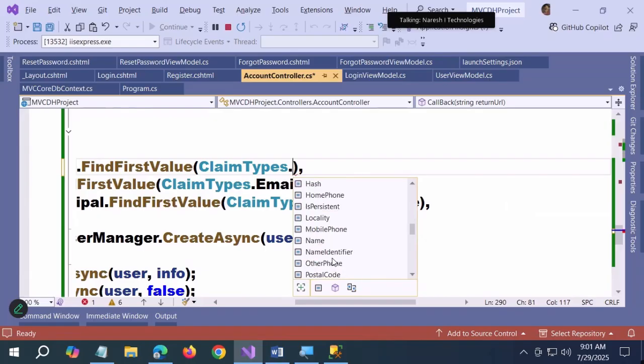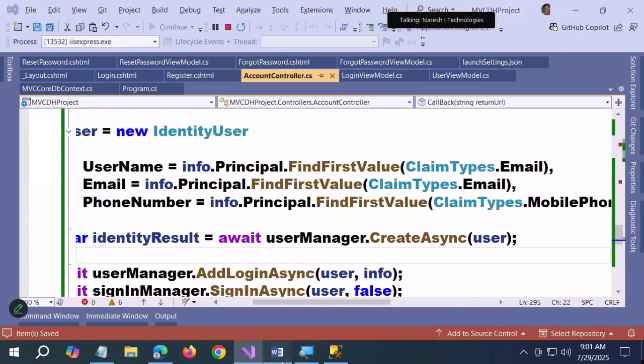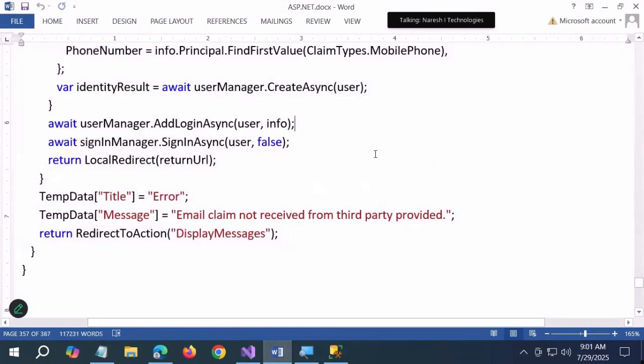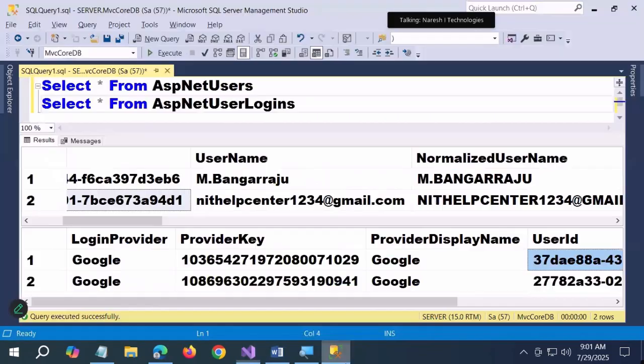If you have a name in your Google account, that name will come. Okay. So try to use the name. I should have used the name there. You guys use the name only. Claims type dot name. Take the name as a name. Or if you feel like email is okay, just use the email only. That is the reason why here